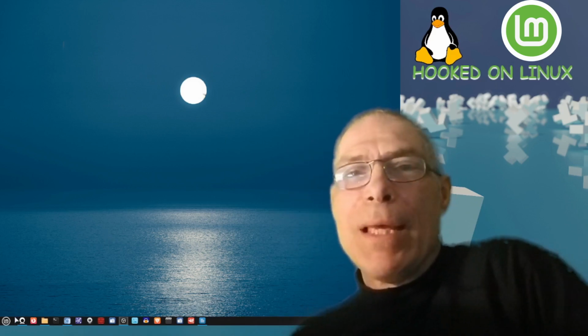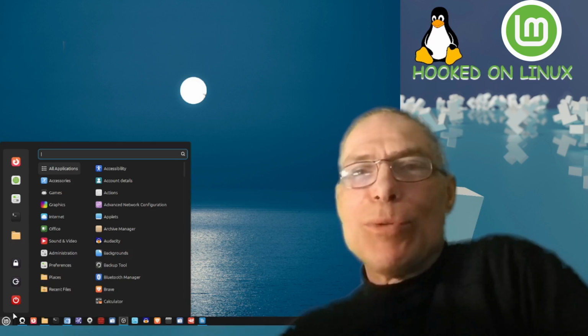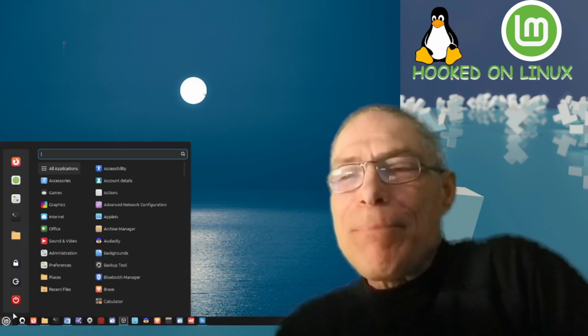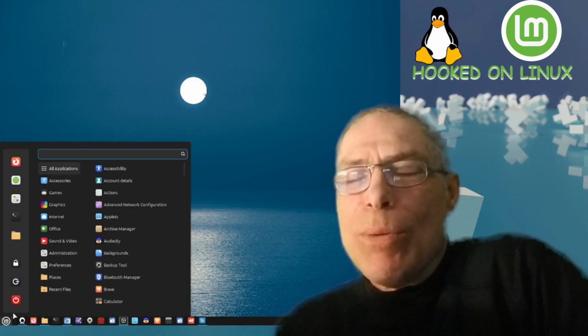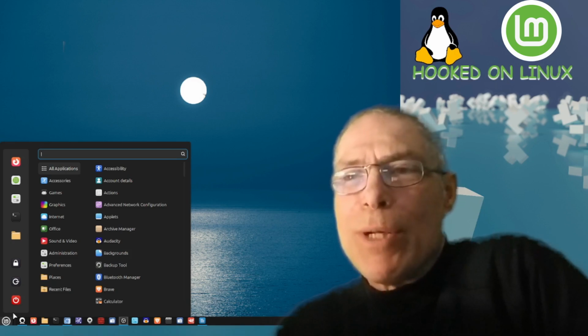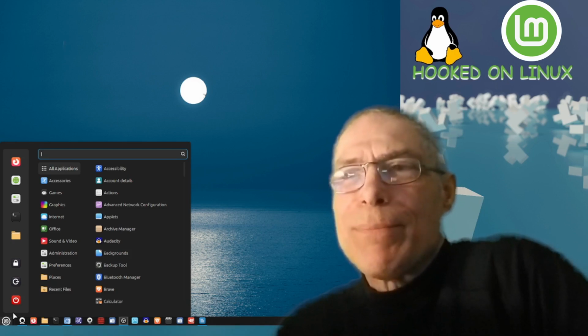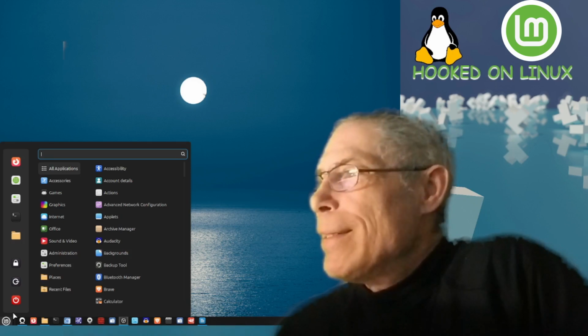The similarities are basically how you set up your desktop. I set mine up so that it's pretty close to what I was familiar with from the last Windows operating system I ran, which was Windows 7. And here it is. Looks okay.